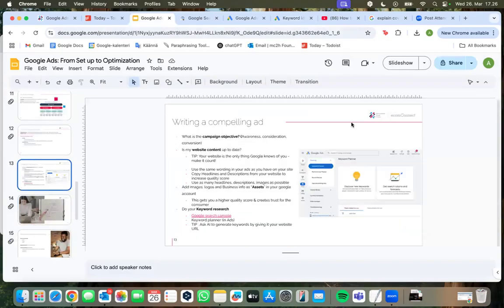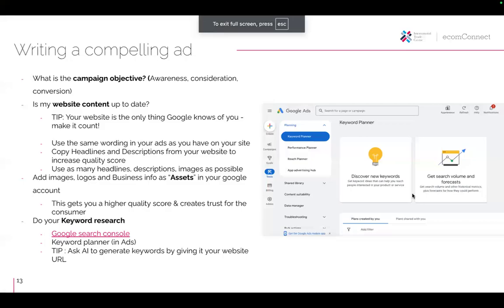There is also, just as a tip, I would be also using AI. So using ChatGPT, or Google has its own AI tool called Gemini, where you can add your own website URL. You will paste it in there and say, I am creating a Google Ads campaign. Can you please give me 20 keywords that are relevant for this business?